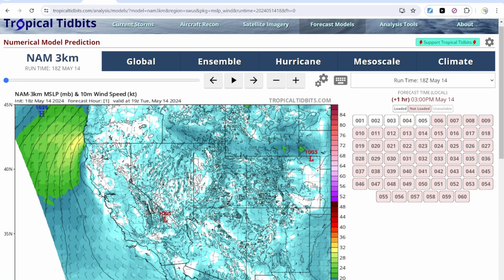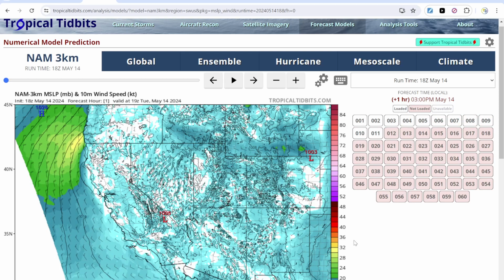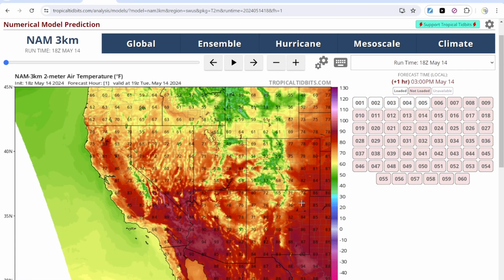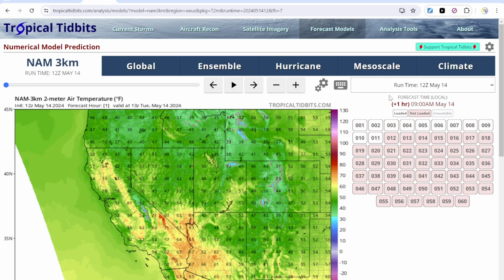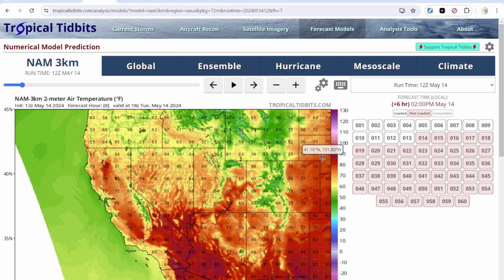you'll notice that we don't really have any warm air advection, so to speak. Winds are from the west. There's nothing really too impressive in that regard. But yeah, temperatures do warm up very quickly during the day, from the low 50s all the way up to the 70s as you have daytime heating, and then those lapse rates naturally get pretty steep as the day progresses, and that then allows those storms to really fire